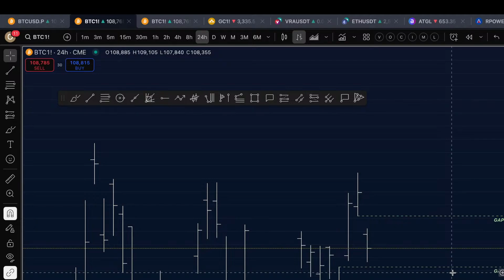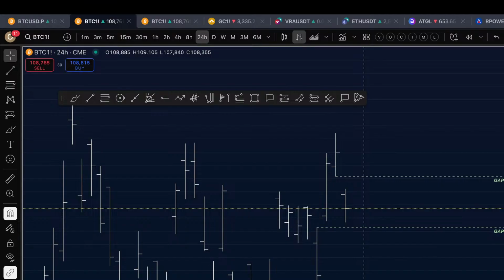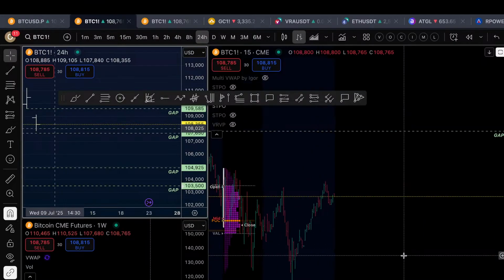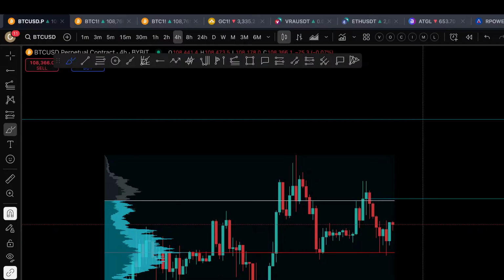I don't find anything that says that this is a good area. I mean, we have good levels when it comes to this. Here, around here, we have good levels, but one thing we cannot forget is